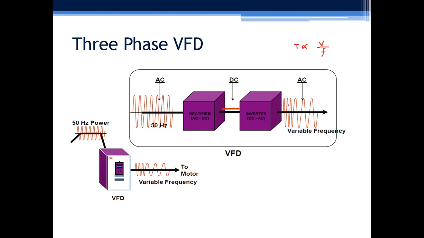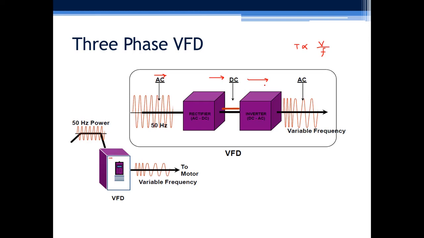What is our idea in this case? Let's say we are taking AC supply, either single phase or three phase. This AC first has to be converted into DC voltage using a rectifier, which can be uncontrolled or controlled. Then the DC voltage has to be converted into AC voltage using a three-phase PWM inverter, voltage source inverter or current source inverter, and based on that we have three types of drives.